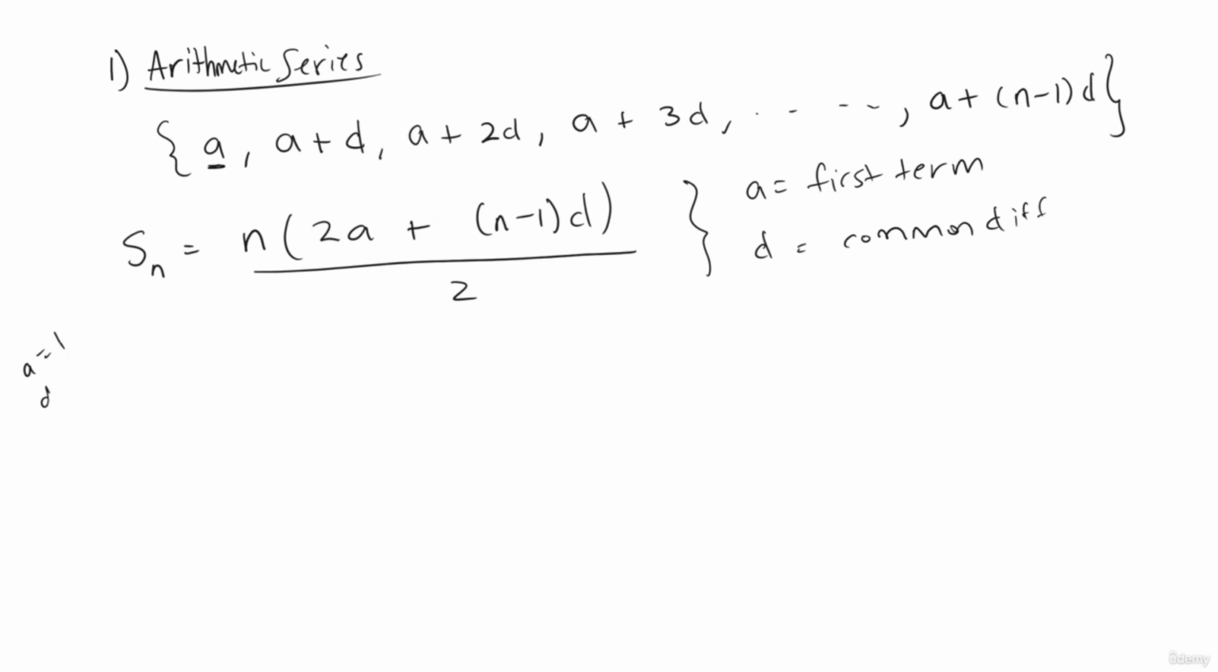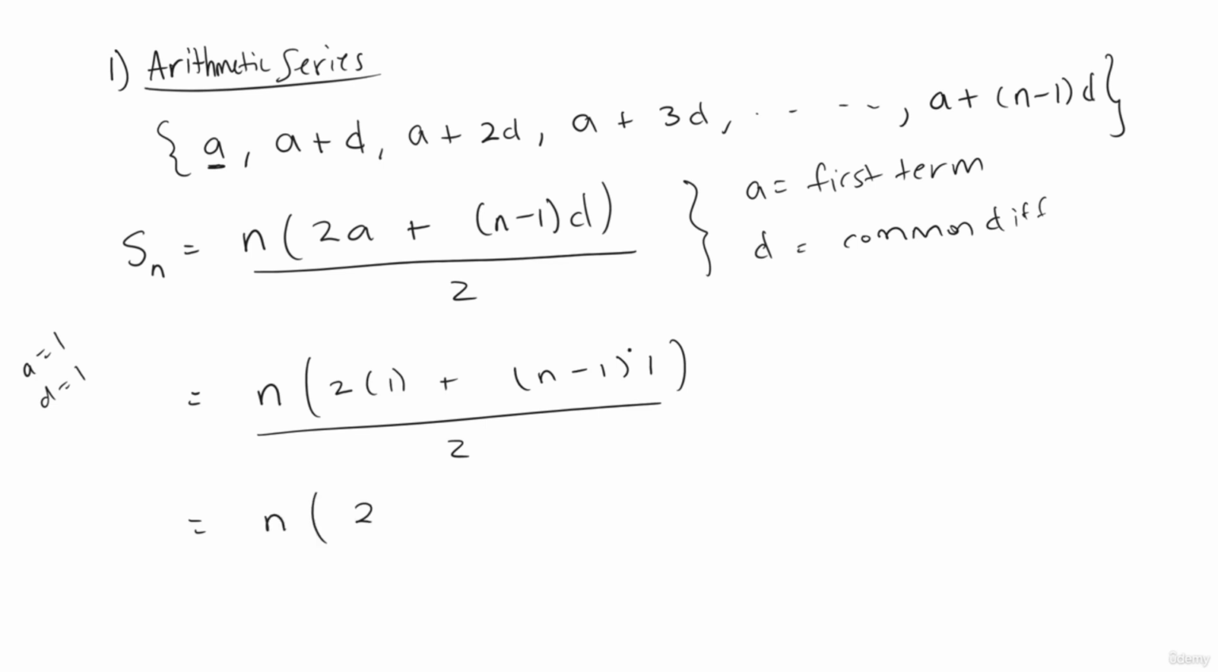So remember, a is equal to 1, d is equal to 1. Let's use this right here, our general formula, and let's plug everything in. This is going to be n times 2 times 1 plus n minus 1 times 1, all divided by 2. And doing a little bit of algebra on top, you're left with n times 2 plus, and this is just going to be n minus 1,